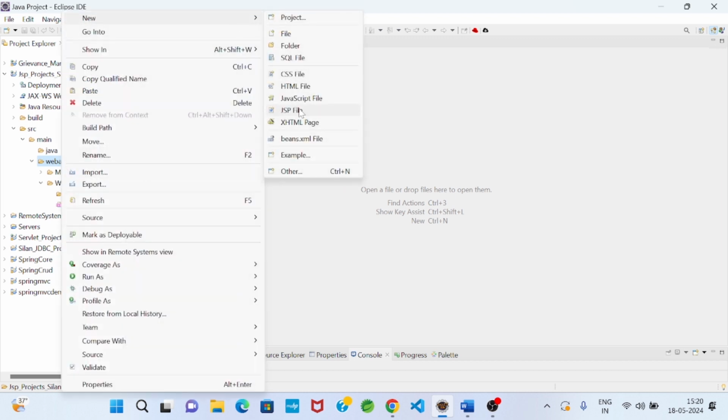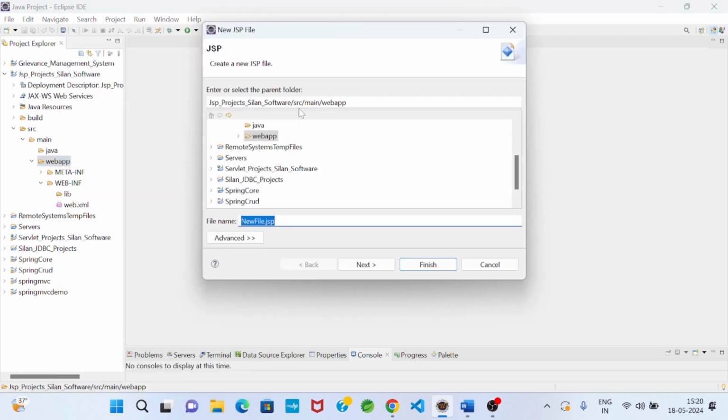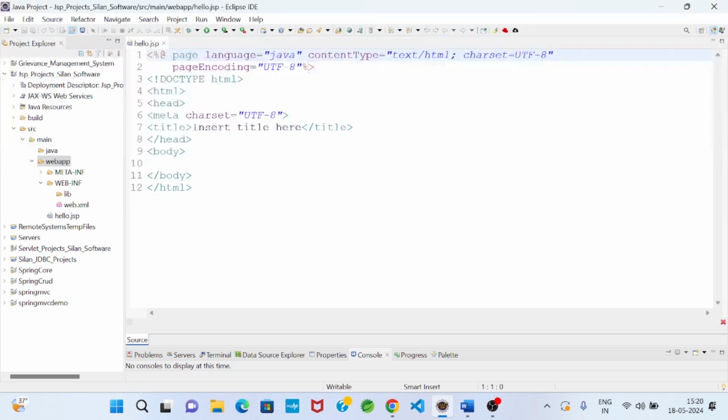You see JSP, automatically this option is coming. You click. Suppose my file name is hello.jsp. Whatever file name you give, then click on finish. So automatically hello.jsp file will be created, and you see it is nothing but HTML, because HTML begin, HTML end. The difference is only the file name is .jsp, hello.jsp.